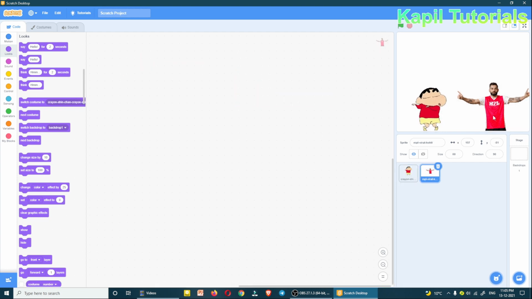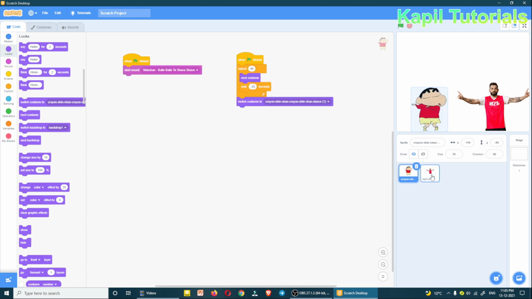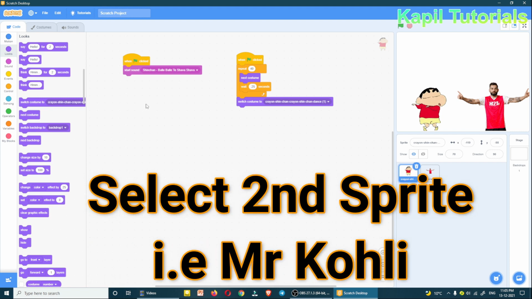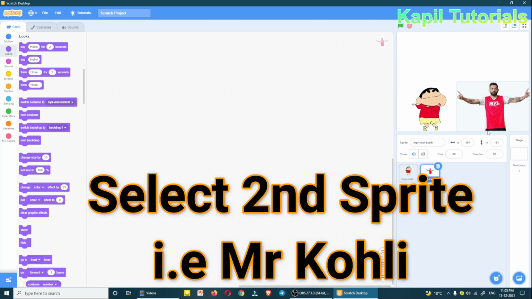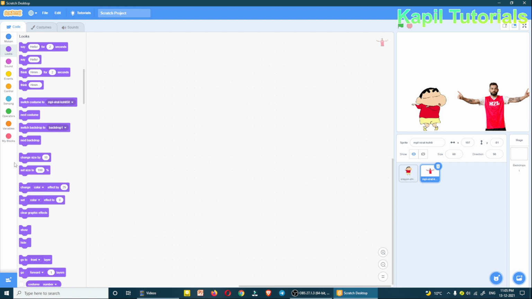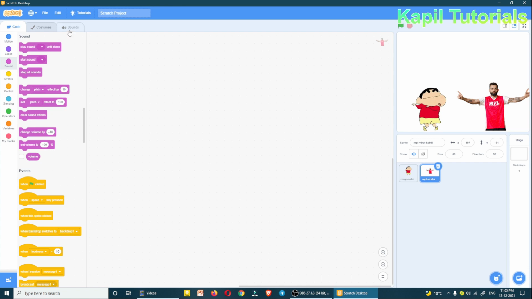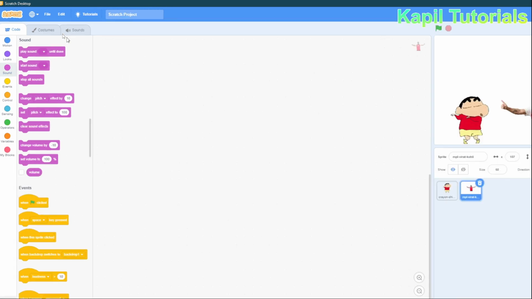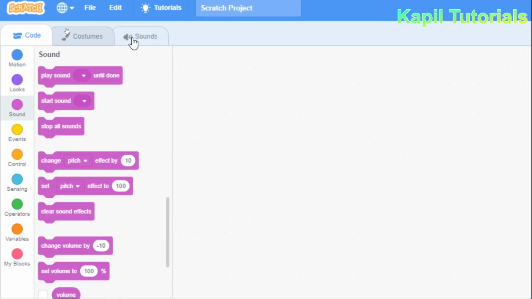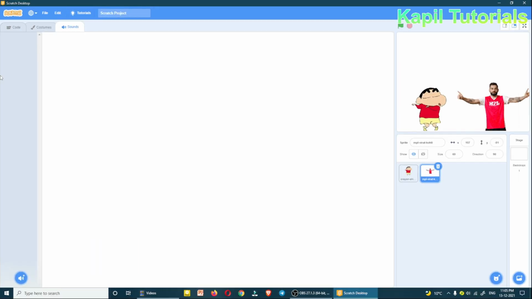Okay, so what I want is that when Shinchan finishes the dance, then Mr. Kohli can dance. So just for doing that, I have to add some music also. Just for adding the music for Mr. Kohli, I have to go to sound, and under sound, you know very well, I have to go to sound block on the top, and from here at the bottom choose a sound.